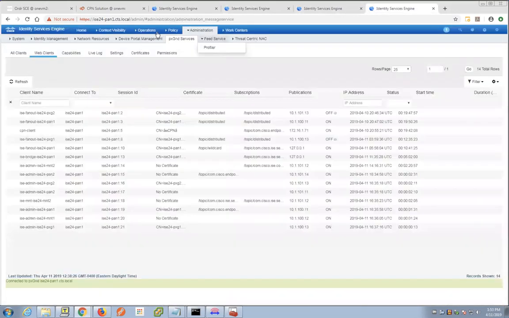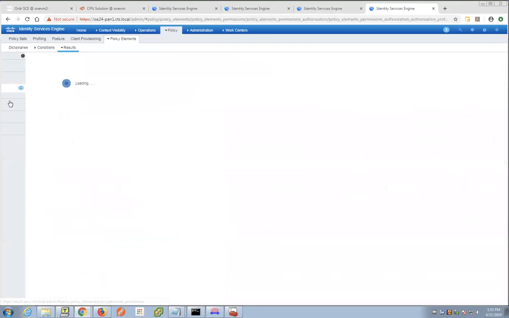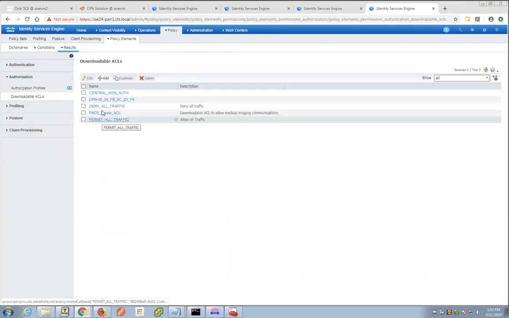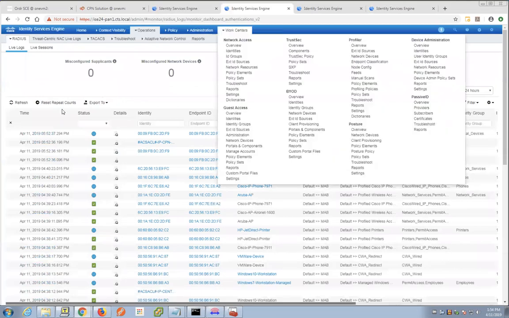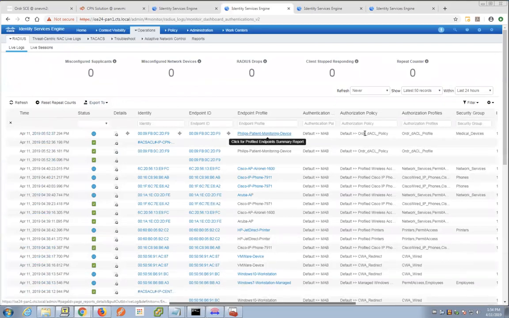So let's go ahead and look at the policy table. What we did was we dynamically created the ACL for you that said, this is what this device did. This is exactly what we saw in the Ordr interface. We've populated the ACL for you and automatically assigned it. I didn't have to create custom profiling policies, or create something called authorization profiles. I didn't have to create custom policies in order to apply that new control. So now this device is getting access with that policy.